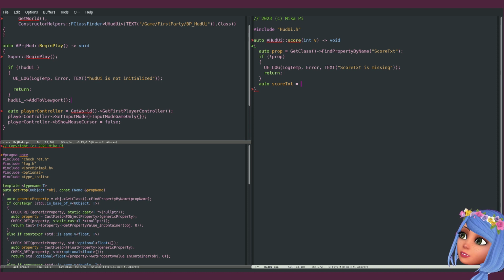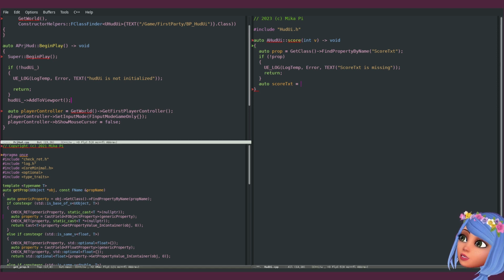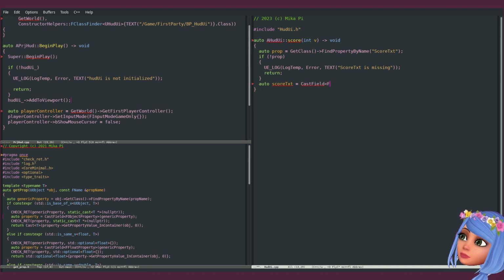Score text, we would do cast field f object property obj property, again if not obj property, score is not object,